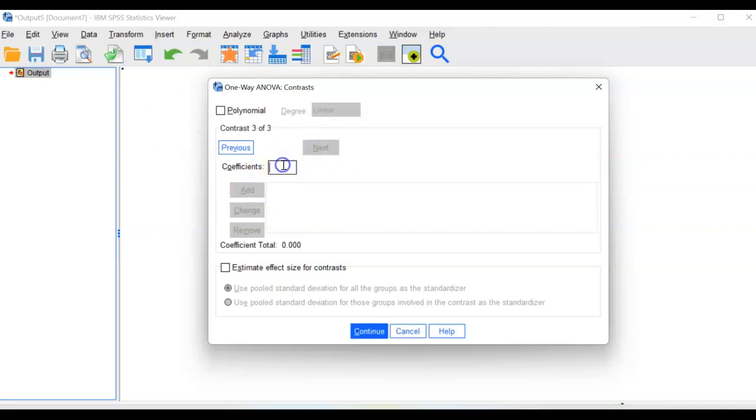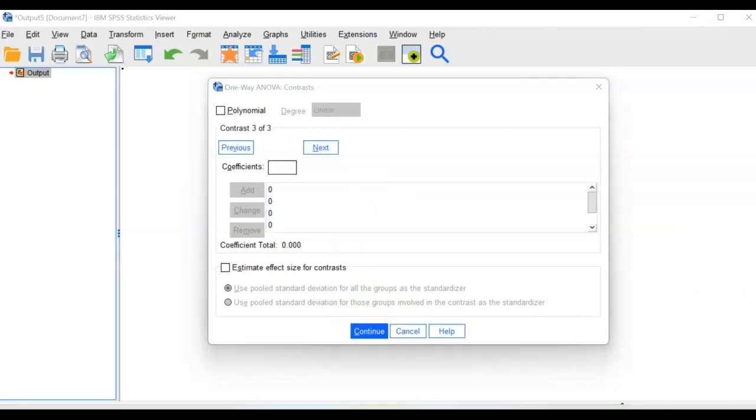Next, this time I do 4 zeros in a row: 1, 2, 3, 4. Then 1, negative 1. Add. Now that I have all 4 sets here,